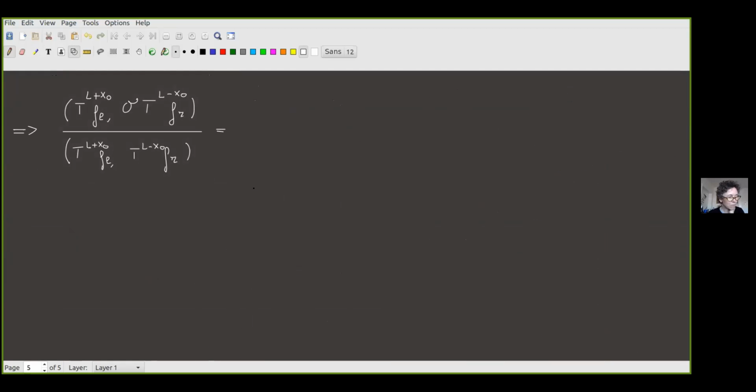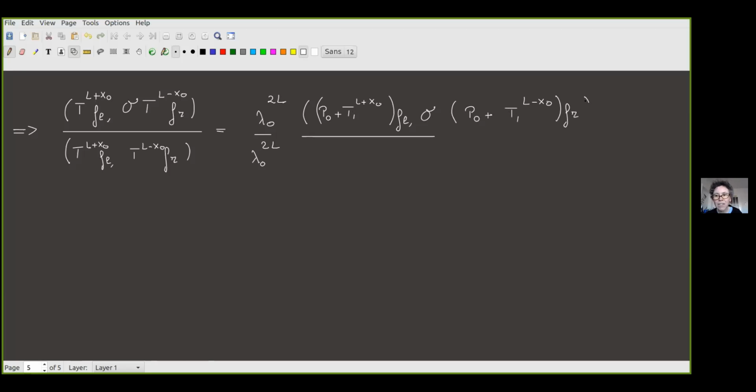Now we replace our representation. We get a lambda 0 from above to the power 2L. There is a lambda 0 below to the power 2L, so that disappears. And then we have here P0 plus T1 to the power L plus X0 applied to F left, the observable, P0 plus T1 to the power L minus X0 applied to F right,